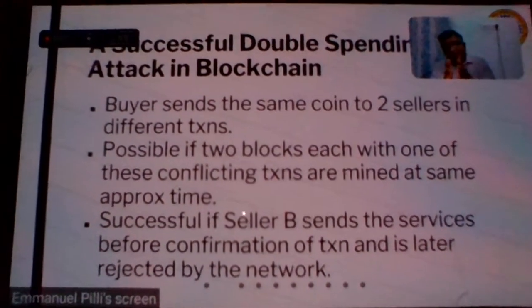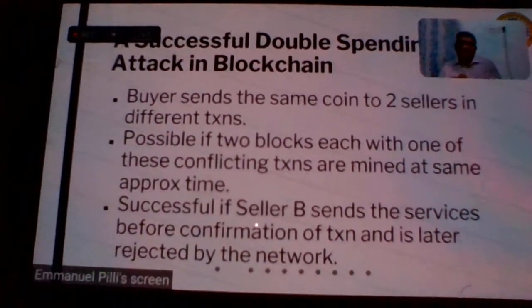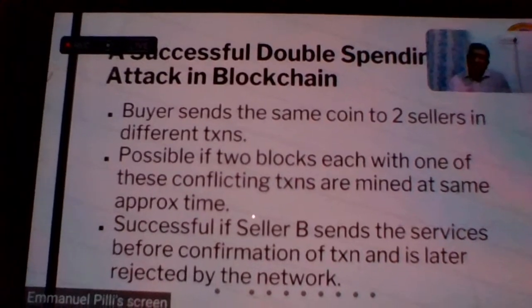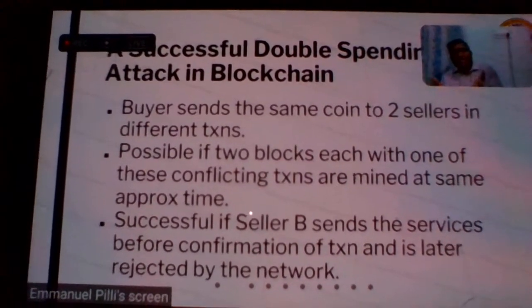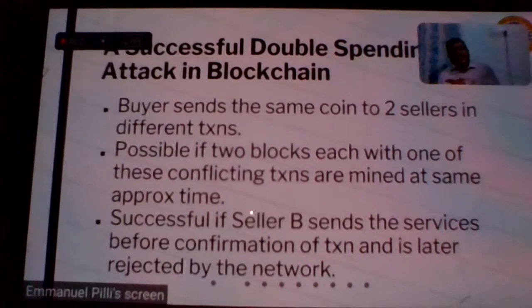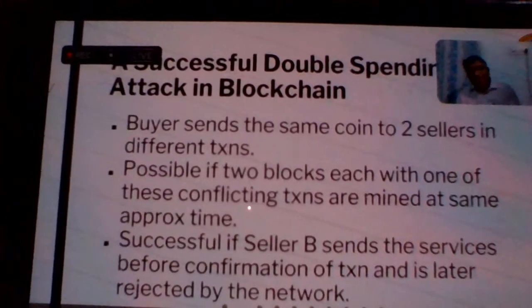If they go into the same block, it can be very easily verified, because they are coming from the same individual. He has only 10 bitcoins, and only 10 bitcoins are to be given, but here there are two transactions. How can I make these two transactions? Not possible. They will be discarded.